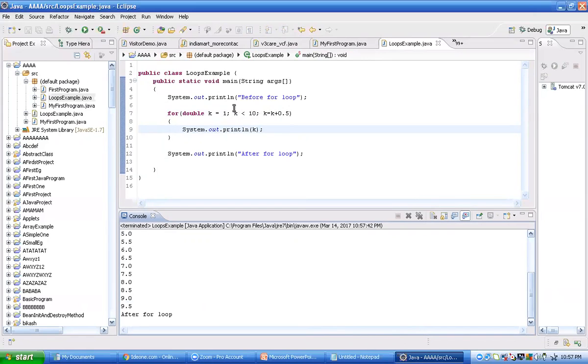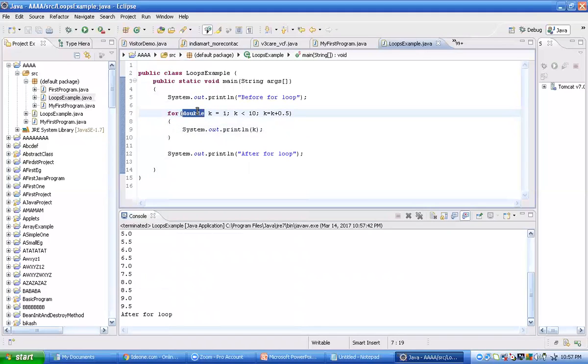Now, let us do one simple example in which I want to print 1, 2, 3, 4 until 10, and beside 1 I want to print 10, beside 2 I want to print 9, like that. Okay. Let us take